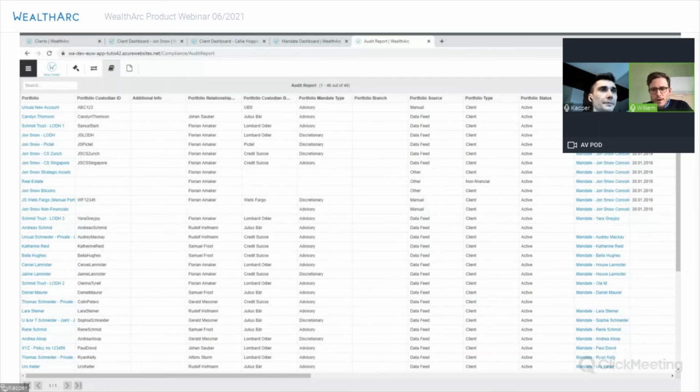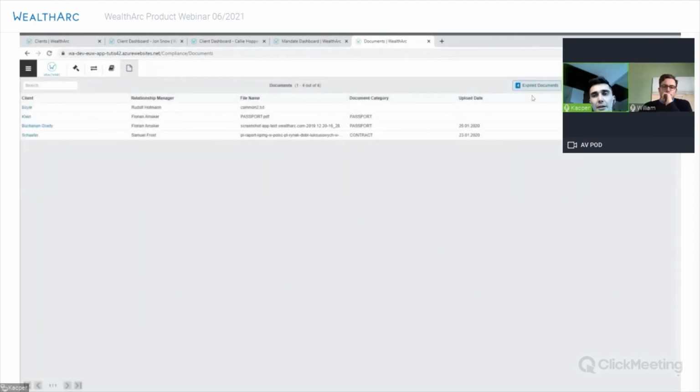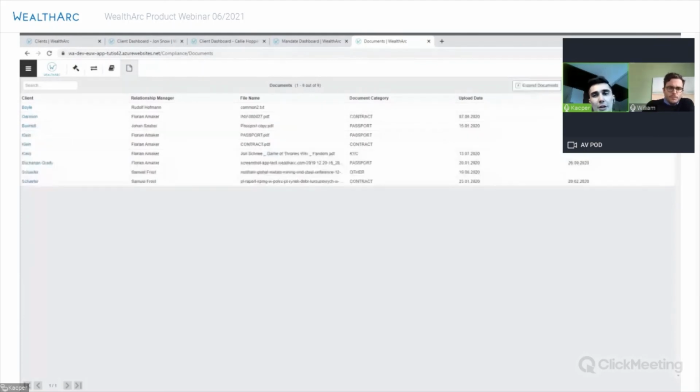So document expiry, that is part of the new release, right? Yes, so you can define the expiry date of each document, and later you can even monitor this on a document screen. So here you will be able to see all the documents that are, for example, expired, but also you can apply some filters to see, for example, all the documents that will expire in 1 year.